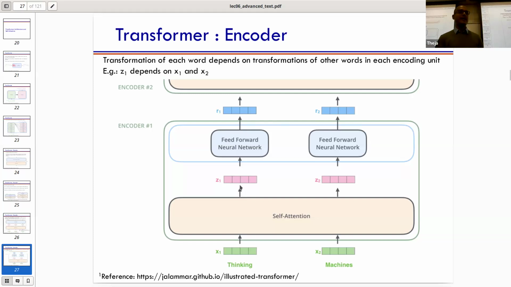As I said, with self-attention, the whole point is that when I'm going from x1 to z1, I should also rely on x2. And similarly, when I'm going from x2 to z2, I should also rely on x1. Very similar to the decoding idea. When I'm decoding in the encoder-decoder architecture for LSTMs, I said that while decoding, I want to use the hidden vectors that were already produced. Similarly, when I'm trying to compute something like z1 from x1, I don't want to just use x1, but I also use something else. That's the similarity between self-attention and encoder-decoder attention.